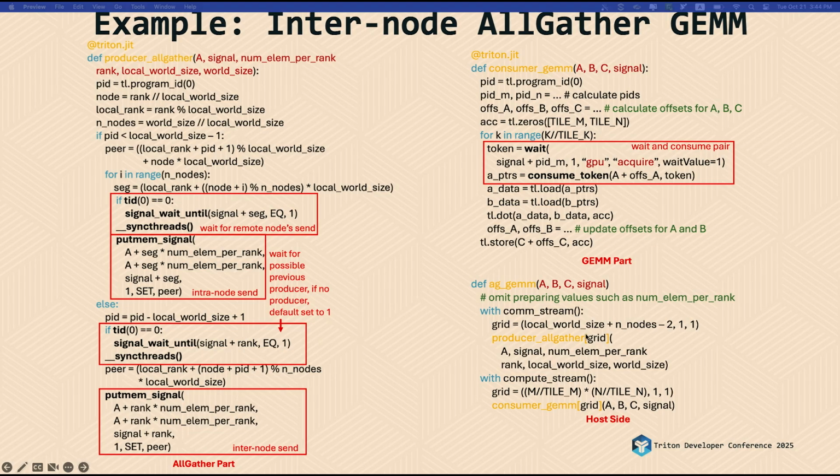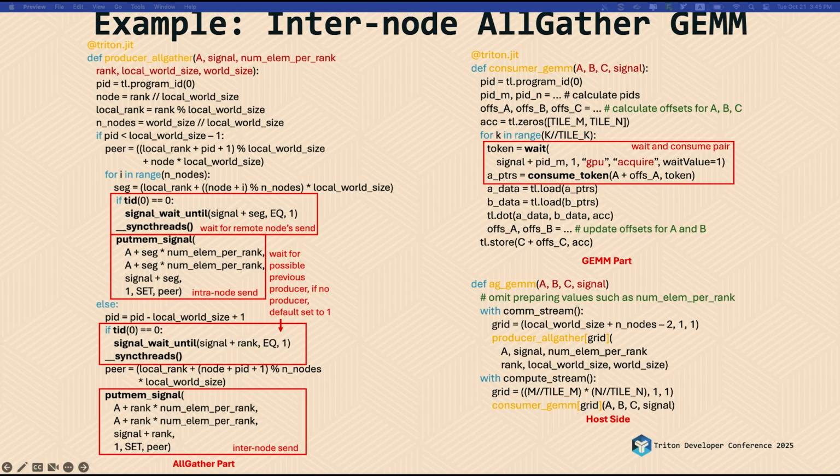And for the computation part on the right, it's basically the original Triton GEMM kernel, but with some minor differences. There are actually two primitives. The first one is called wait. The wait will produce a token related to a signal. And the second primitive, consume token, actually takes the token and creates data dependencies between the token and its following